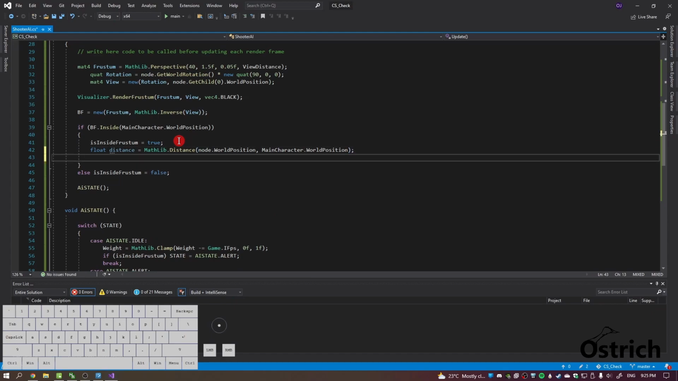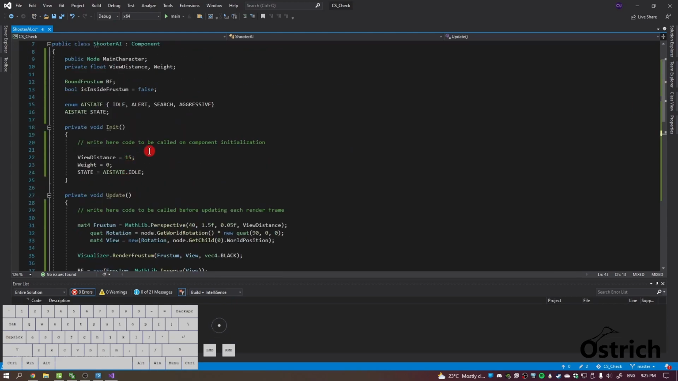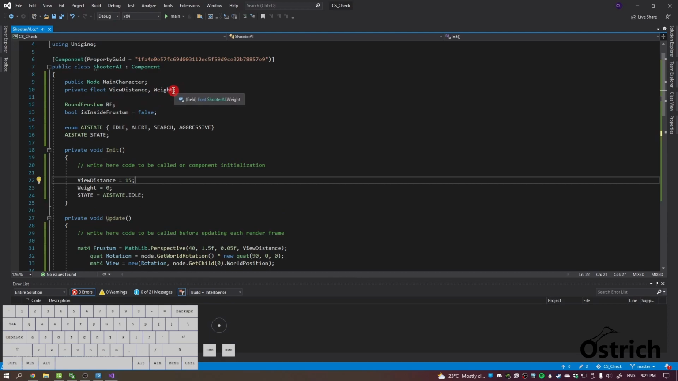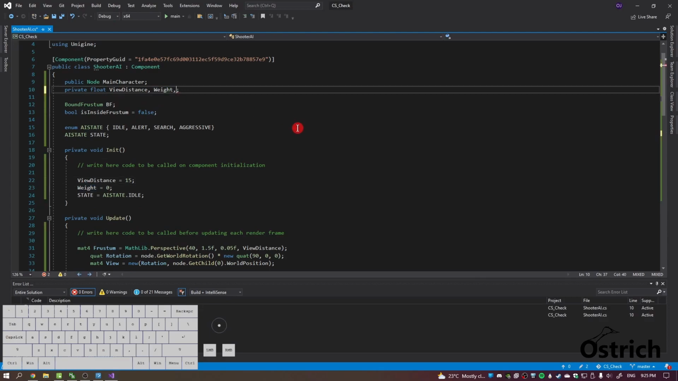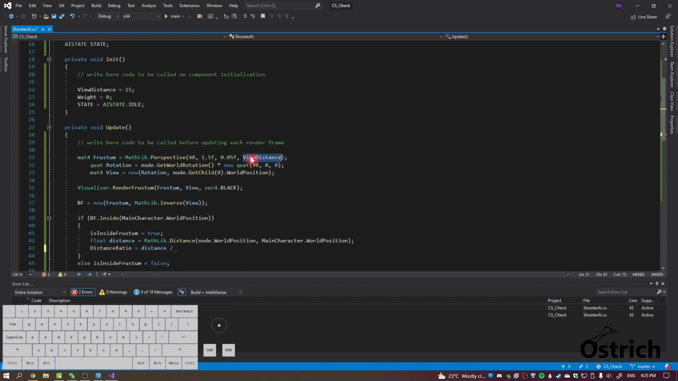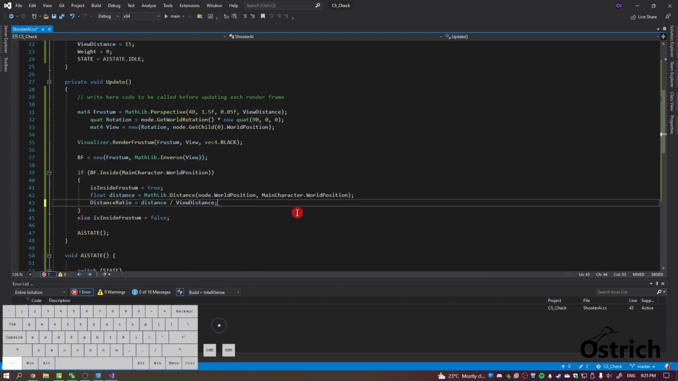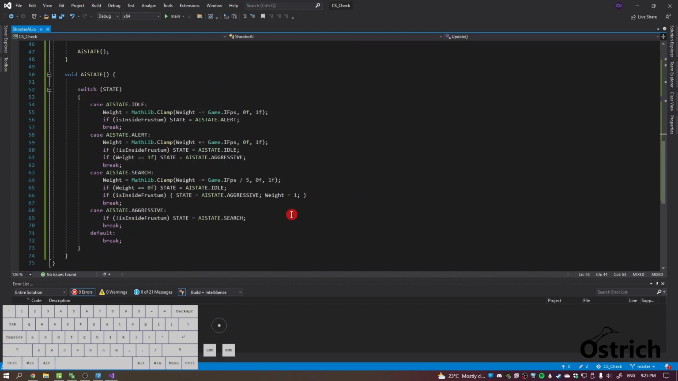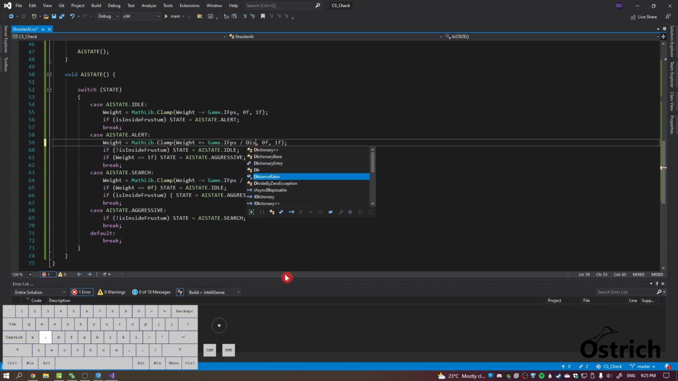Okay, and then what we're going to do is, let's see, we might as well make one more variable over here in the float, and we call it distance ratio. Okay, and the distance ratio equals the distance that we found divided by the total view distance that we have. So that gives us our view distance. Then the next thing we're going to do is divide it by that distance